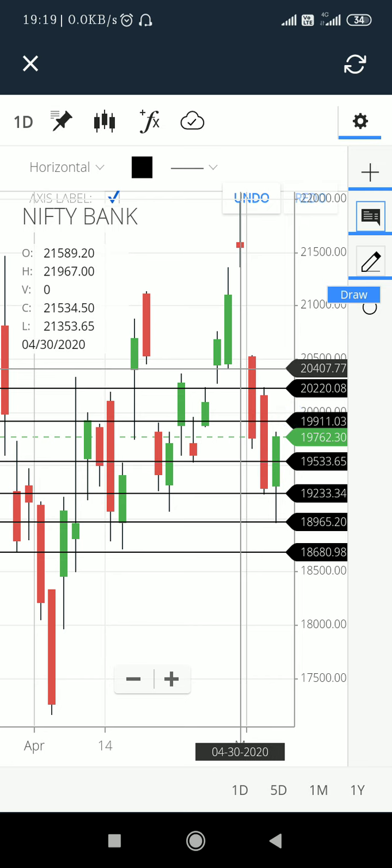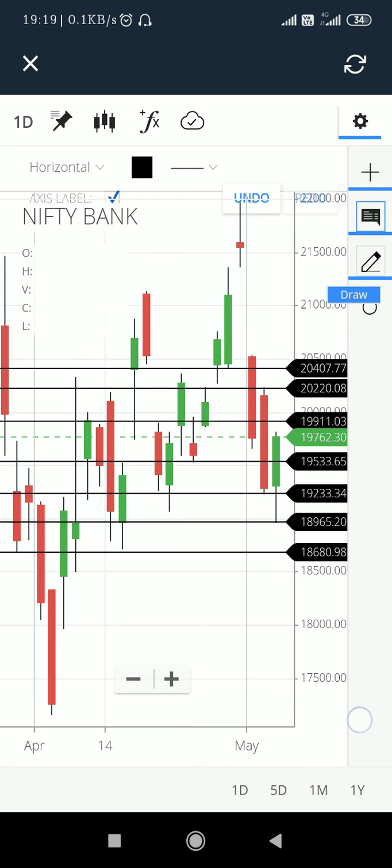On the other hand, what resistance can we expect in the Nifty bank? As you can see, I have already marked the levels. One can buy above 19,900, or go into the futures at the same level. Just do not get confused that it is the spot price that I am analyzing, not the futures price. So you can buy a call option of 19,700 or 19,800. If it is going into profit, you can keep on trailing your stop loss, and you can earn the maximum profits. And if you have already booked the profit, then it is very good for you.